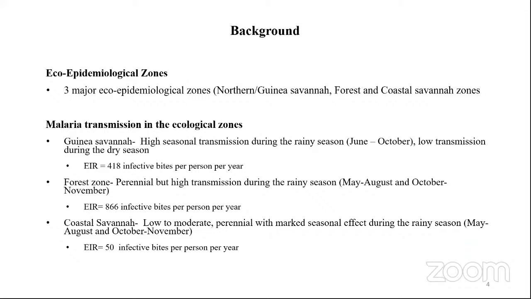This study was conducted in two parts. The first part was looking at the genetic diversity of two major vaccine candidate antigens, which are PfCSP and PfAMA1, apical membrane antigen 1. And we looked at these antigens in Ghana in three different ecological zones. For malaria control purposes,